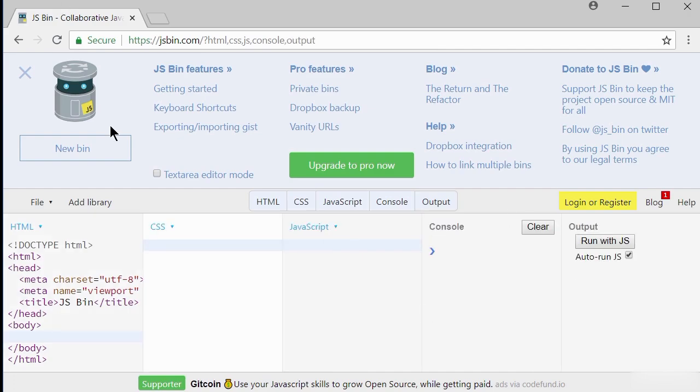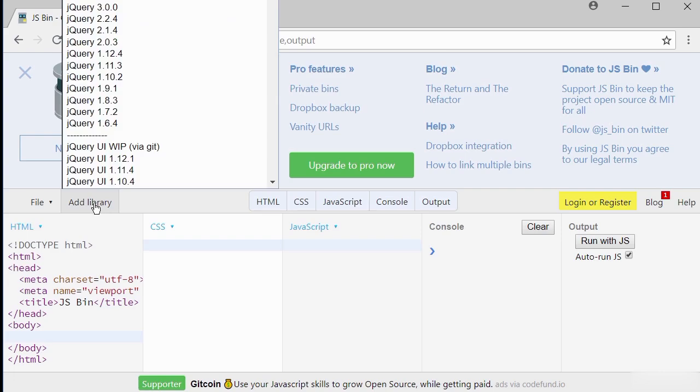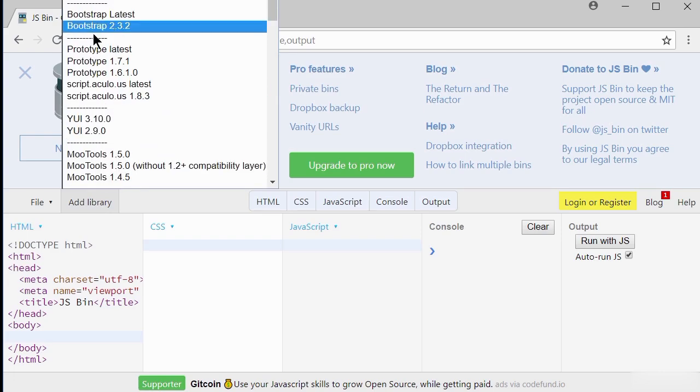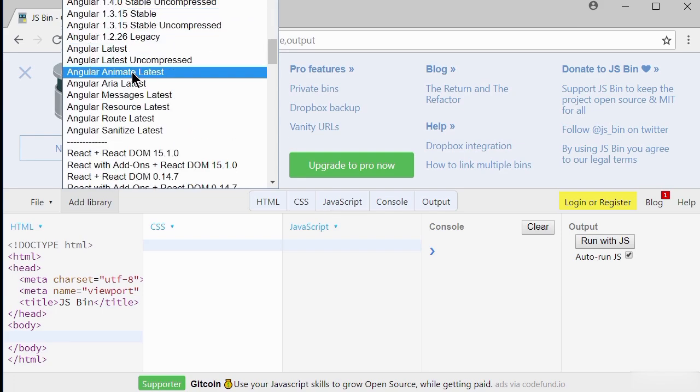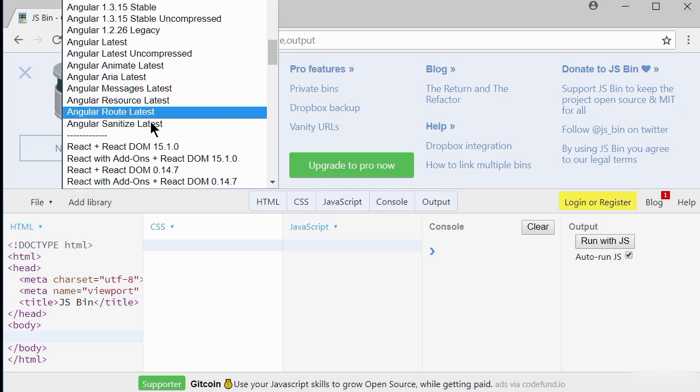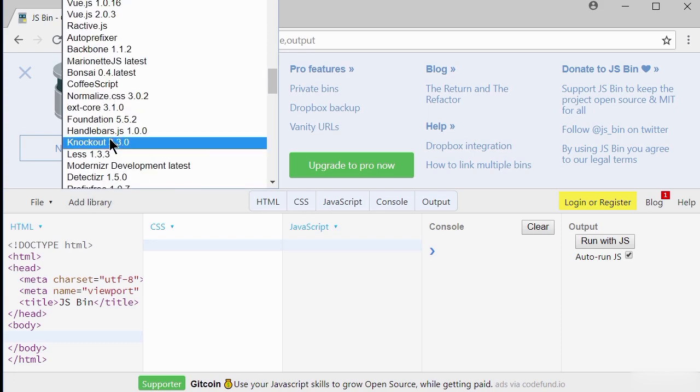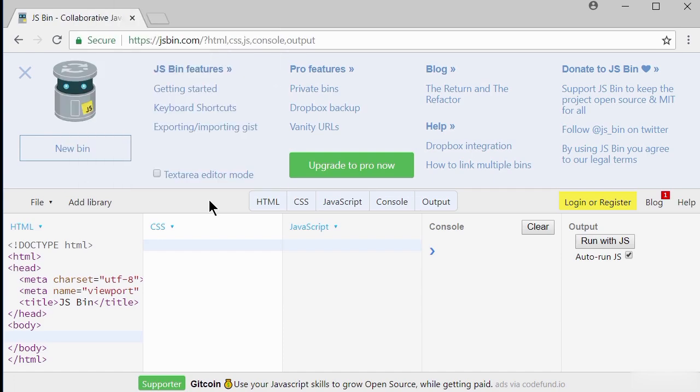You've also got an option to add a library. So if you click on add library, there are different libraries you can use. You've got jQuery, and you've got Bootstrap, different things. If you want to add these libraries to your JSBin work area, there's also an option for React, so feel free to look through the various libraries that you can add. So it's very easy to work and implement with other libraries just by adding that,